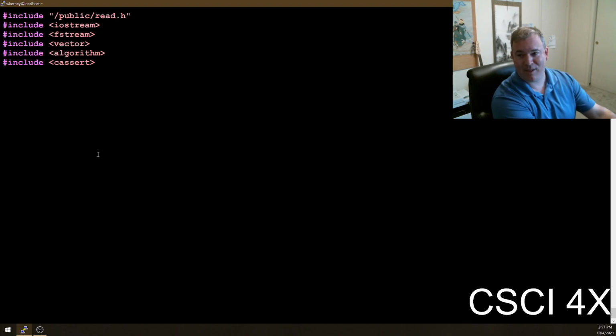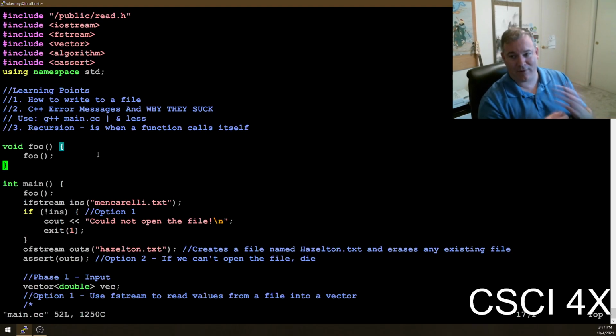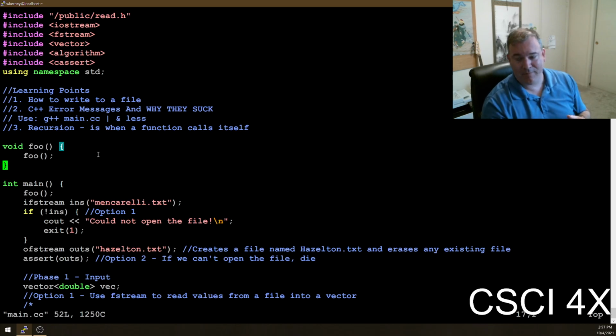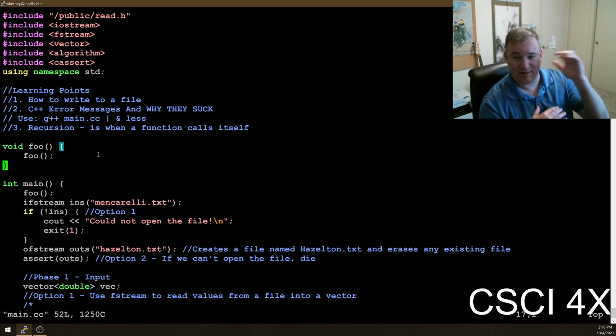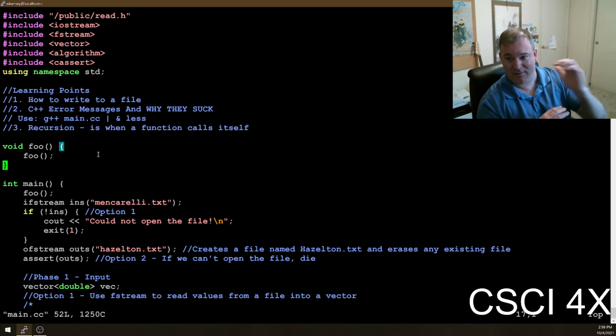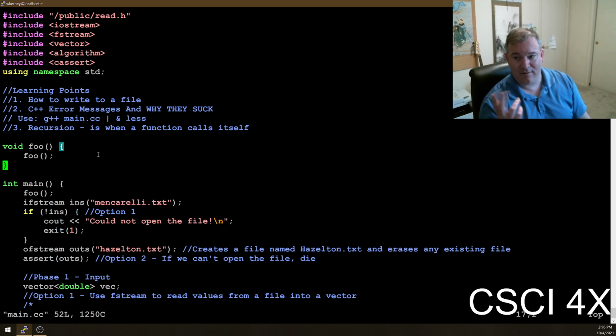Crash. So every time a function calls itself, it allocates a little bit of memory. And the stack space has a limited amount of memory. And so every time a function calls itself, it starts running out of stack, and eventually it segfaults and dies. So recursion is dangerous, right? Because if you run out of stack space, it kills your program, and it's unrecoverable.